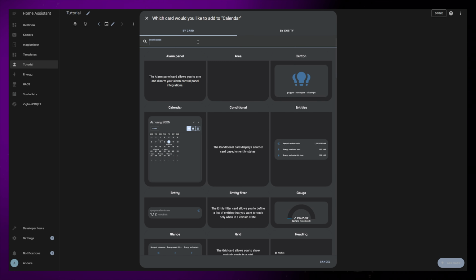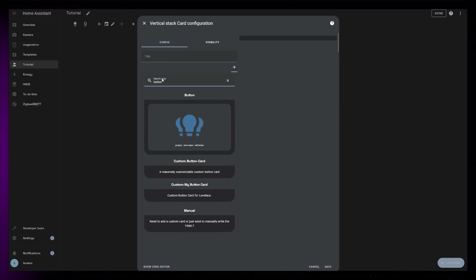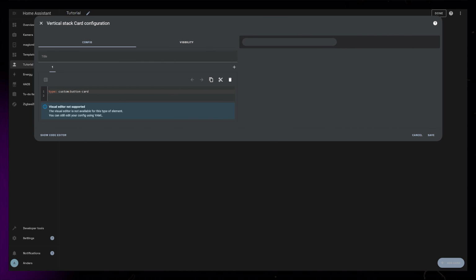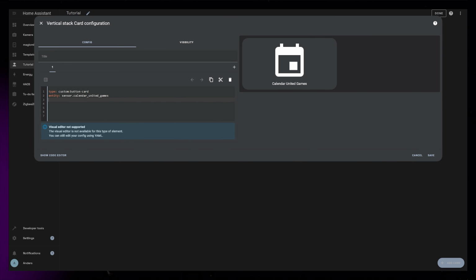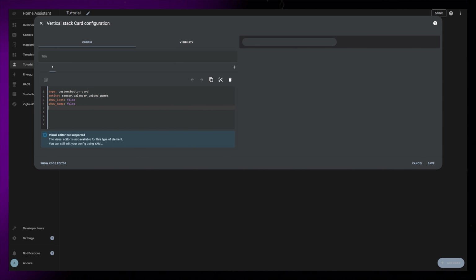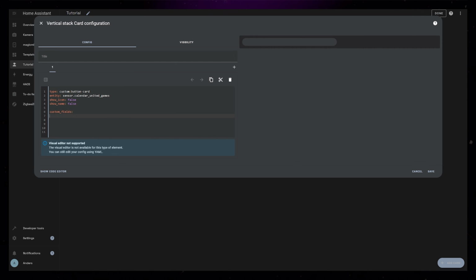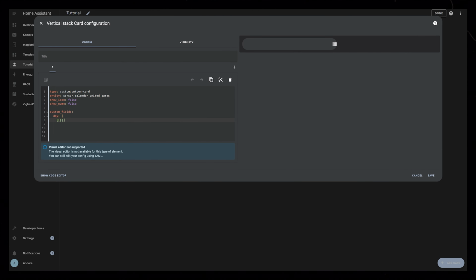I'm going to start by creating a vertical stack card, then add my trusty custom button card to it. I'll add the calendar as an entity, and I'll hide the icon and name. I'm going to add everything using custom fields, so I'll first create a custom field called day. Here I'll type